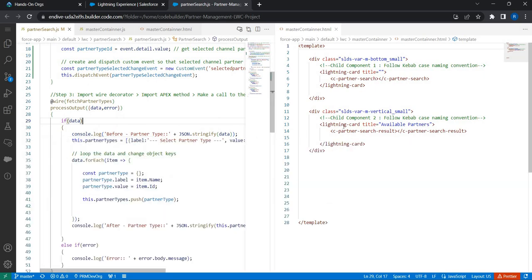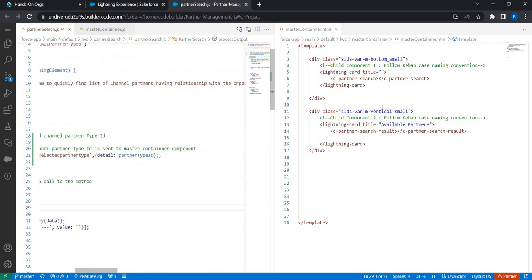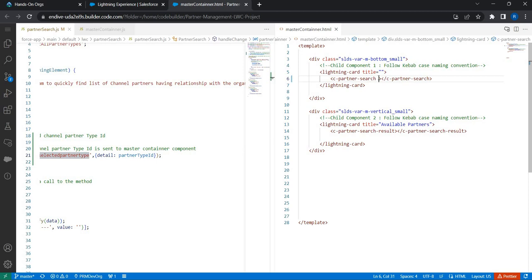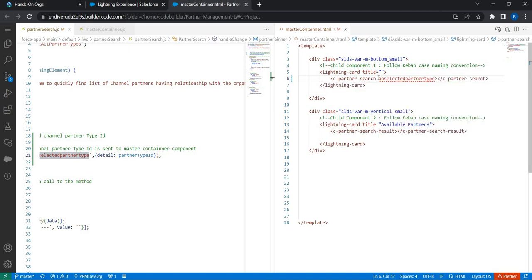Back in the HTML, I am going to receive the data that is sent by the partner search. As we just exposed a custom event, let's copy the custom event and go back here. Since this is a custom event, let's handle it the way we typically handle standard events like onchange, onclick. All events should be prefixed with on, so I'll use on as a prefix and then paste the custom event that has been exposed. Once the event is triggered,